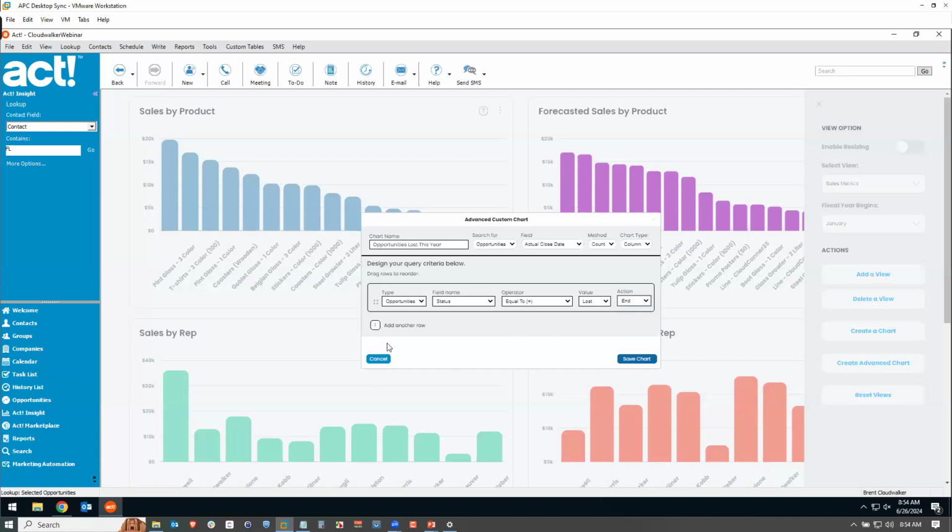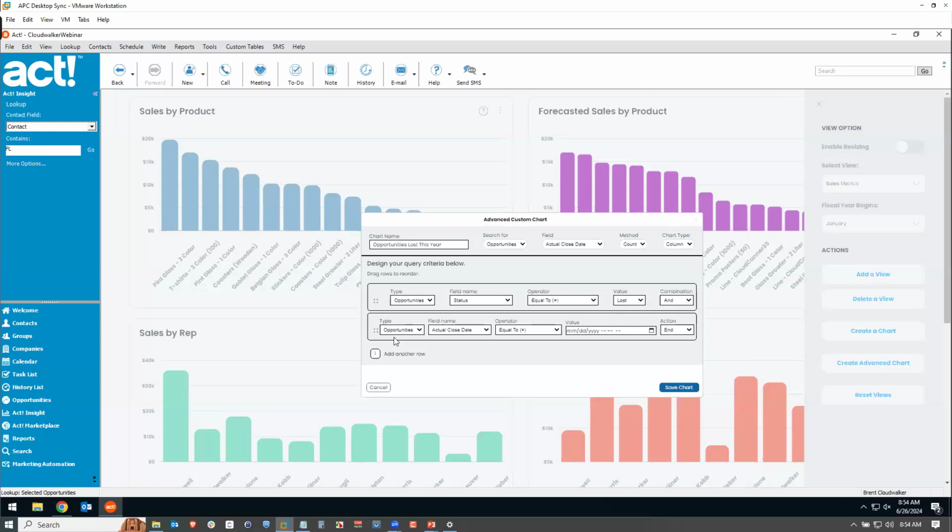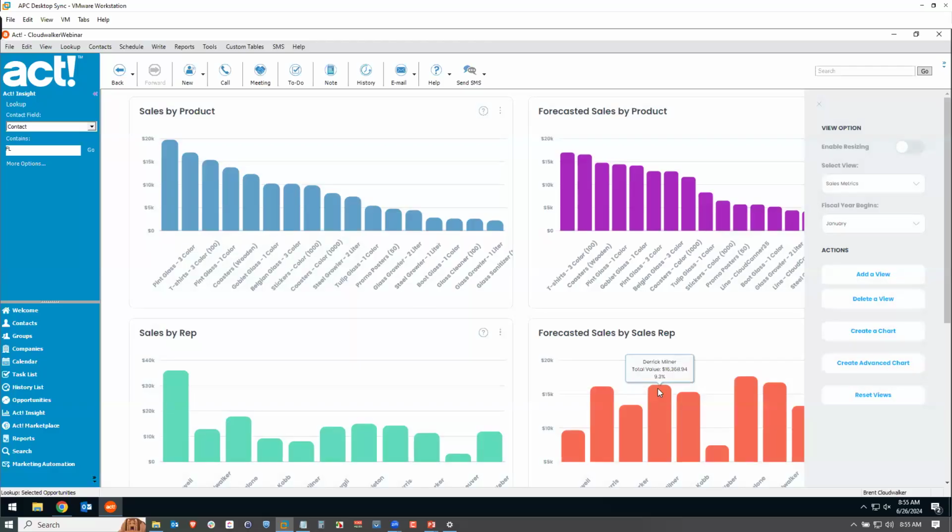I'm going to add another rule. So let's click add another row. And this time I'm going to look for opportunity records that have an actual close date where the year equals, and then I'll just put in this year, 2024. And that's it. Now, if I click save this chart,